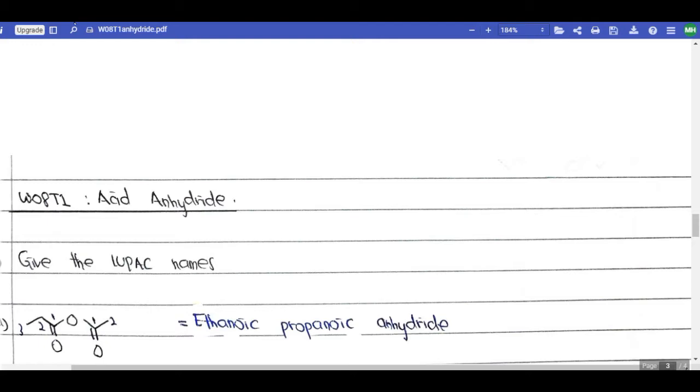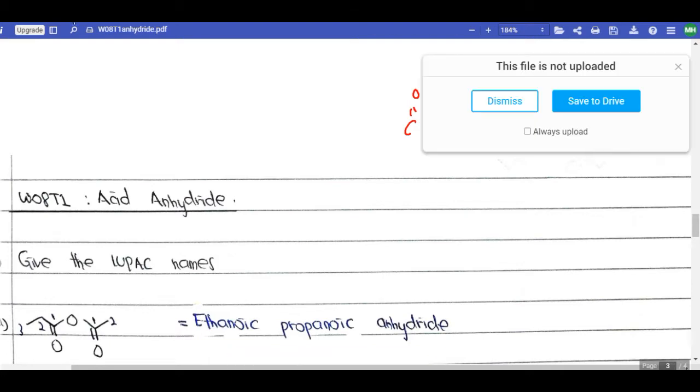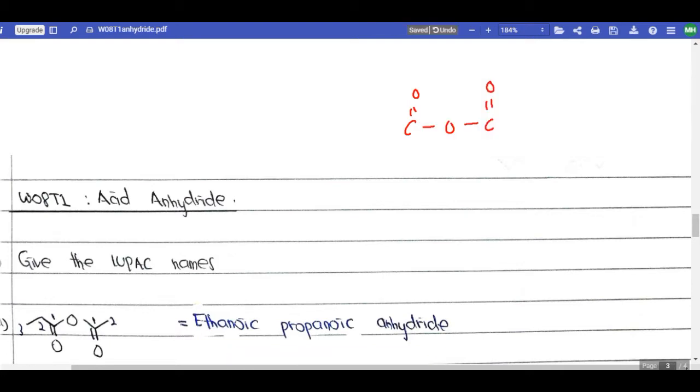Before we begin, a general introduction to the nomenclature of acid anhydride. Basically, the general formula is represented by C double bond O, O, C double bond O. The carbon on the left and right can attach to either a hydrogen or an alkyl group. If, let's say, we label this side as A and this side as B,